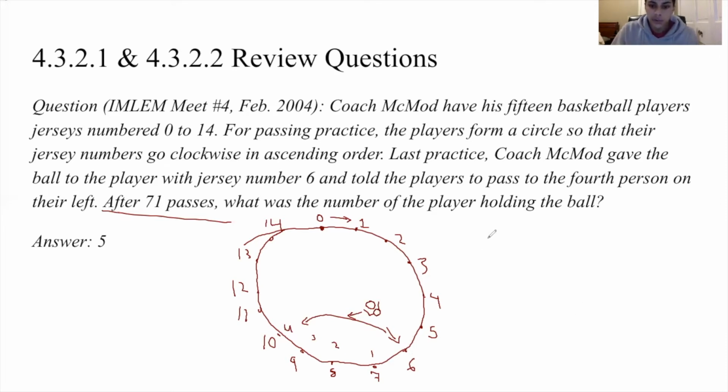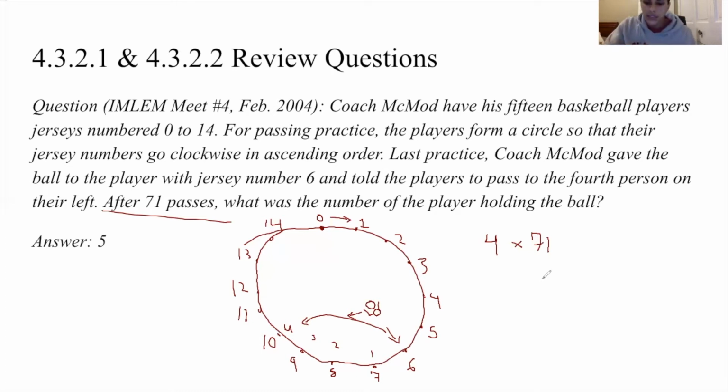And so the simplest way to do this is figure out how many spots or how many players you're going to pass around when you're doing this passing practice. So how many spots around the circle you're going to pass when you do 71 passes. And that's going to be equal to 4 times 71, because you're passing 71 times and you're passing to the fourth player on the left, or increasing the player number that has it by 4 every